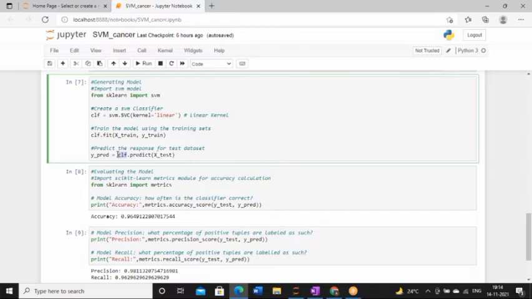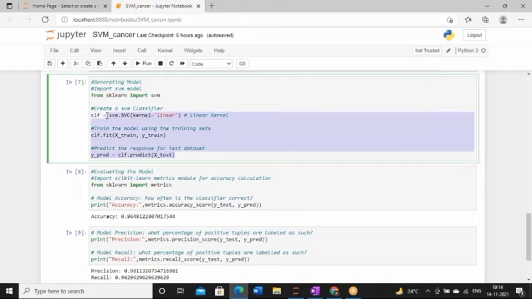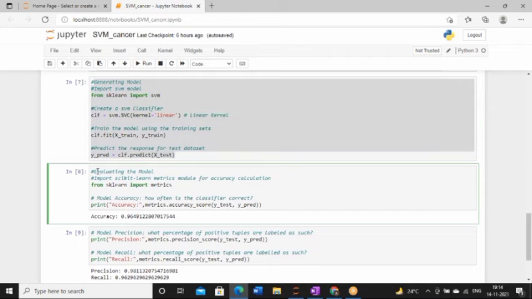Now, what is the next part? After doing these three steps, you have to keep in mind that we have to evaluate the model. Now, what do you mean by evaluating? Basically, we are estimating how accurately the classifier or the model can predict the breast cancer of patients, right?